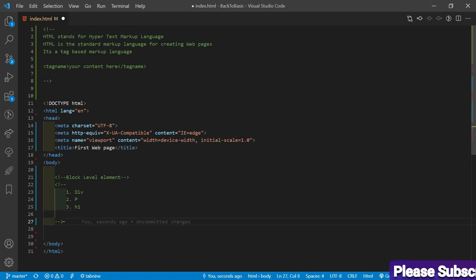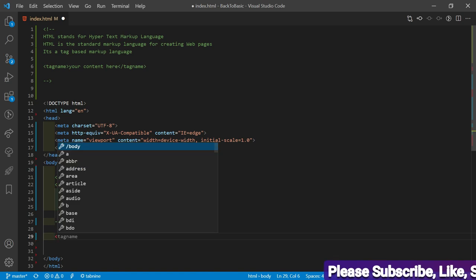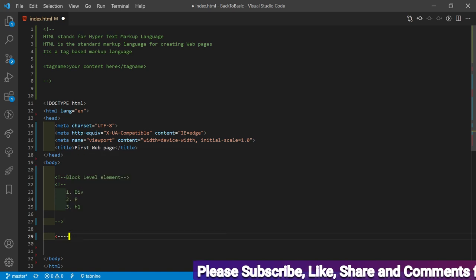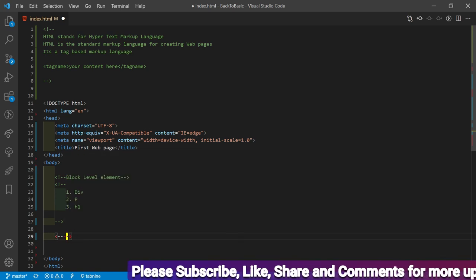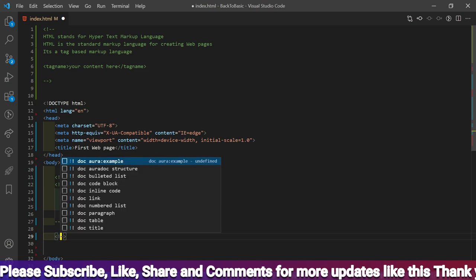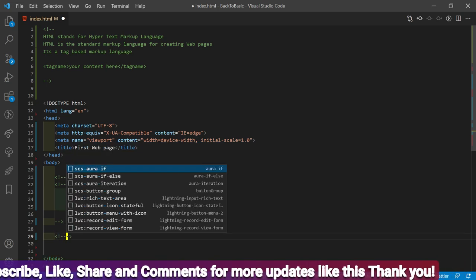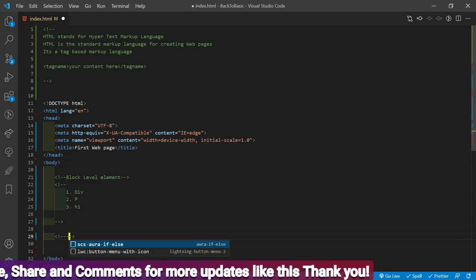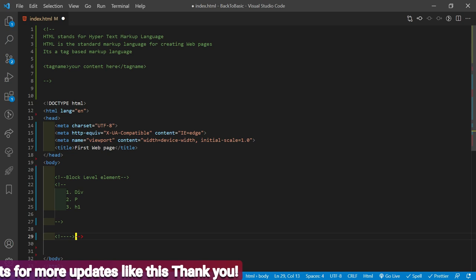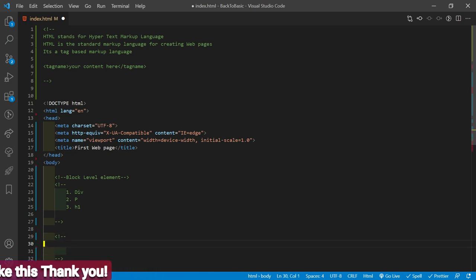Coming to the other type of element, first let me comment here. This is the comment in HTML. Let me change this comment and write inline element. What is an inline element?